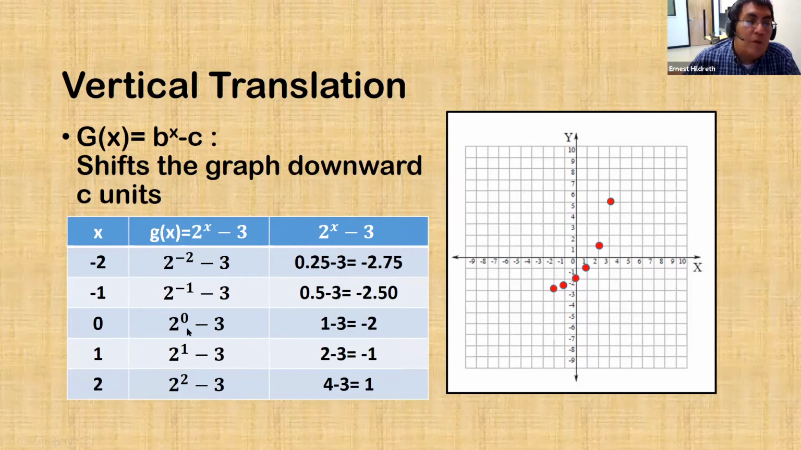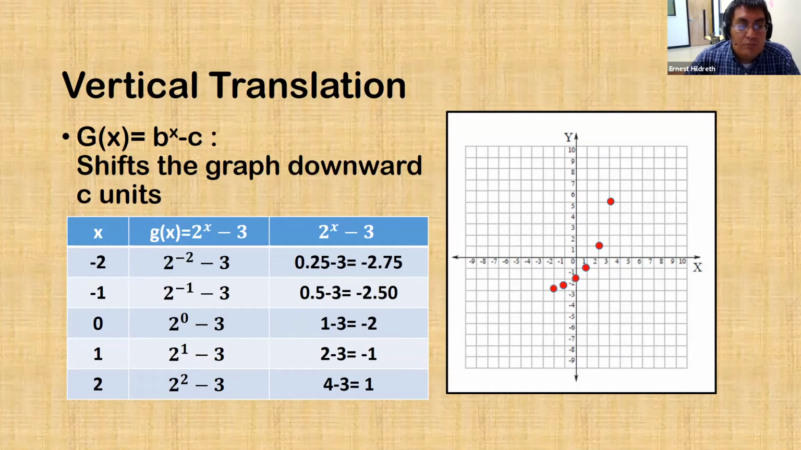All right, now 2 to the power of 0 minus 3. So anything to the power of 0 will equal 1. So 2 to the power of 0 equals 1. Subtract 3 and you get negative 2. So that's where the third plot is here. So if we go to 0 down to negative 2,